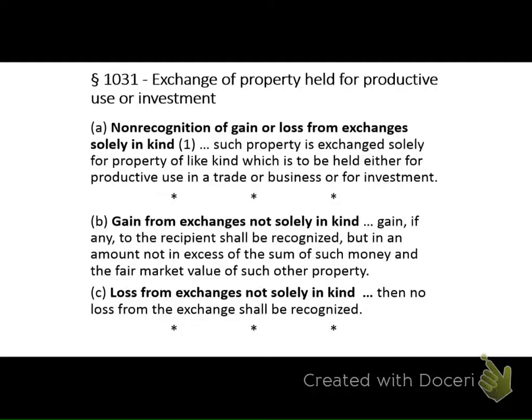So real property is very open, but personal property is not. Personal property is a lot more specific. We're essentially looking at things that are the same, more or less, right? So we have that first provision. We need to know that we're looking at like-kind property, and you looked at several different examples in your reading. And then our second provision says that the like-kind property is held either for productive use in a trade or business or for investment. So a couple of things about that second provision, that holding provision, how you hold the property.